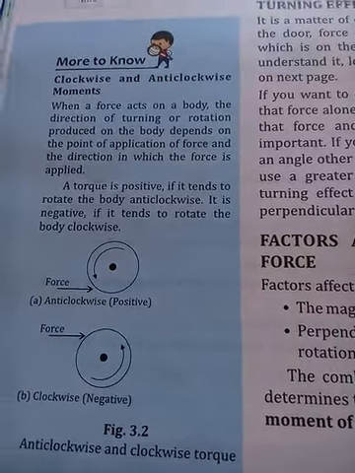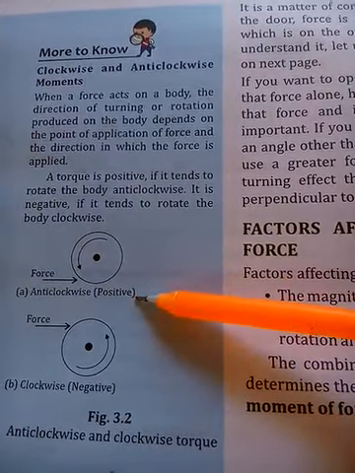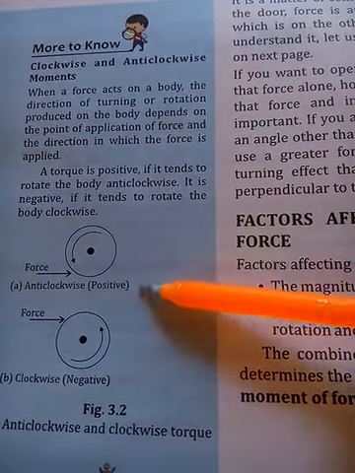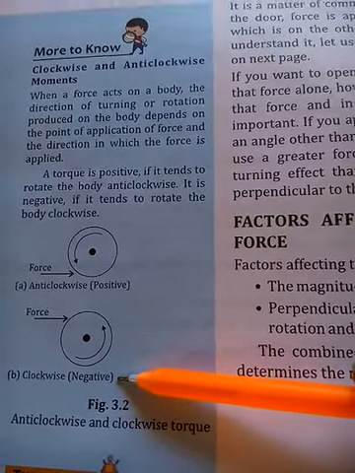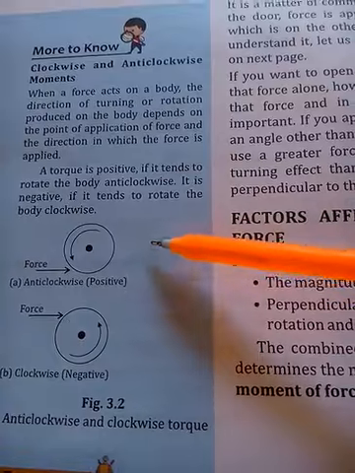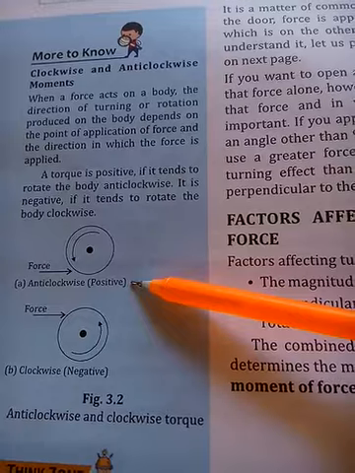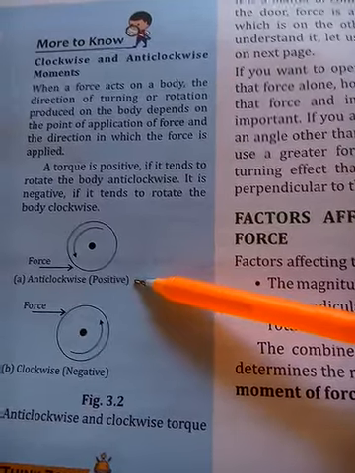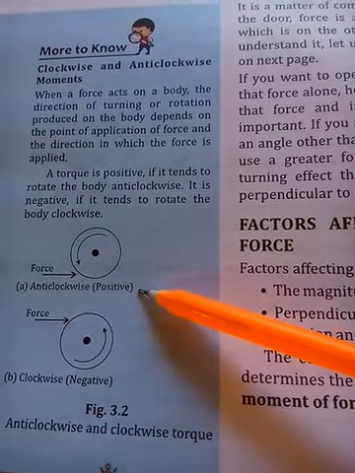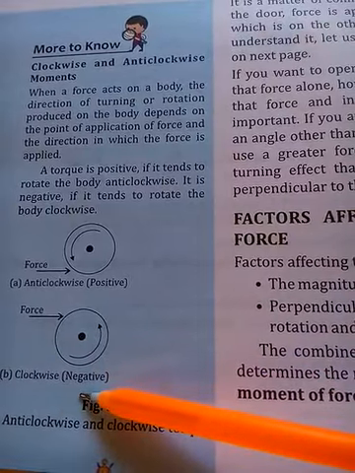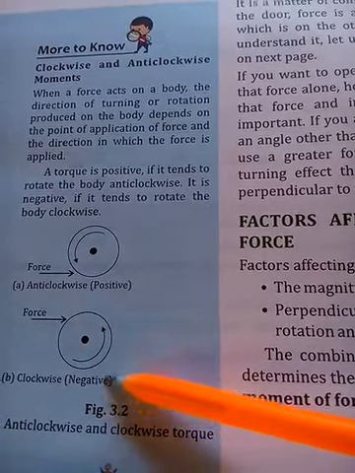If the moment of force is anti-clockwise, then the value of moment of force is always positive. And if the moment of force is clockwise, then it is always taken as a negative value. So whatever moment of force value is given, if it is in anti-clockwise direction, then we will take the value as positive. Say for example, 5 Newton meter, the moment of force is given as 5 Newton meter and it is mentioned that it is anti-clockwise moment, then I will take the positive value. But if it is mentioned that it is clockwise, then we have to report that value as negative.